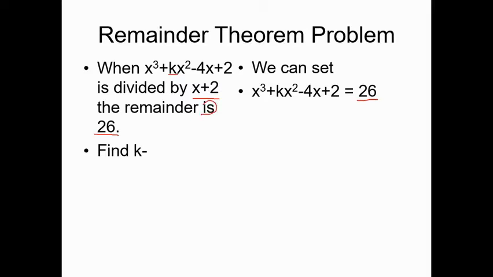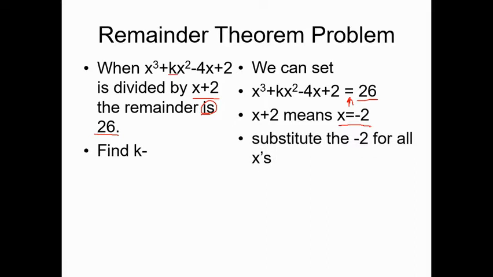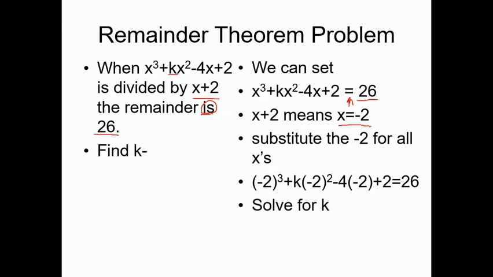Remember, is means equal. And then we need to remember that x plus 2 means that x is equal to negative 2, the opposite. And so we're going to substitute the negative 2 in for all x's. Notice that. So we put it in there, and then we're just going to solve for k,